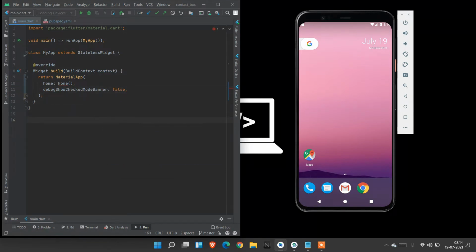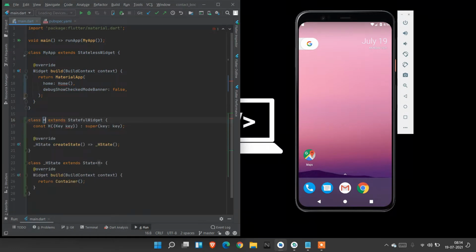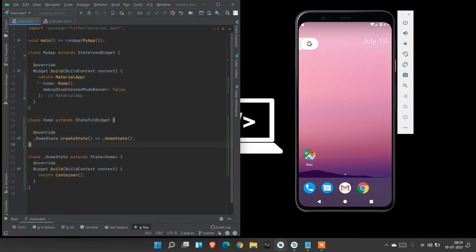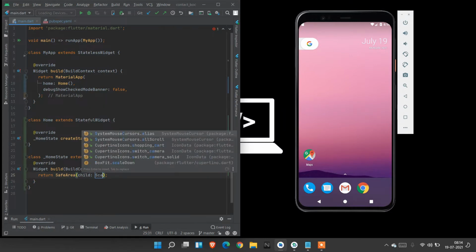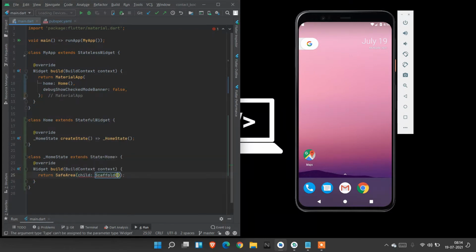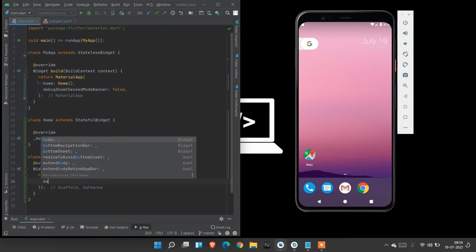Let us create a stateful widget now. The stateful widget name is Home. Here also I don't need this const key, so I delete the const. Return, I need this to be in a safe area, so I use the SafeArea property and the Scaffold property. Inside Scaffold I'm going to create a body.